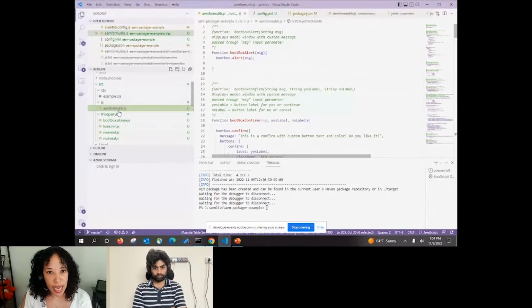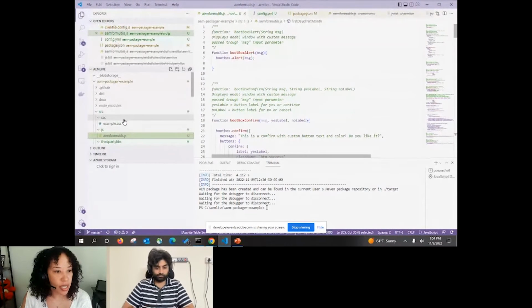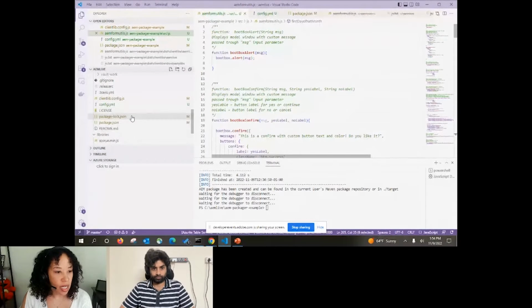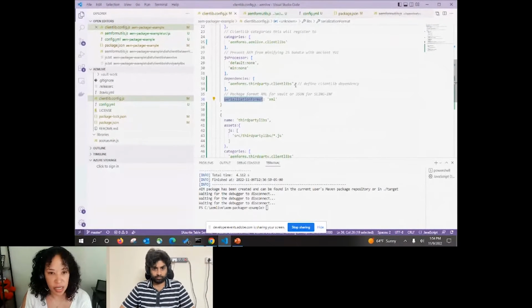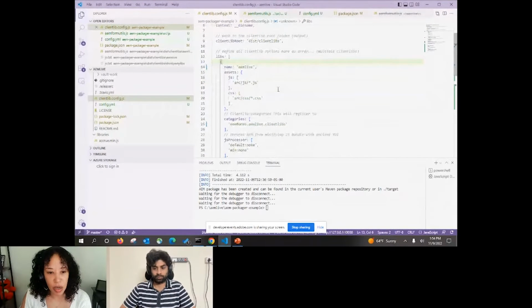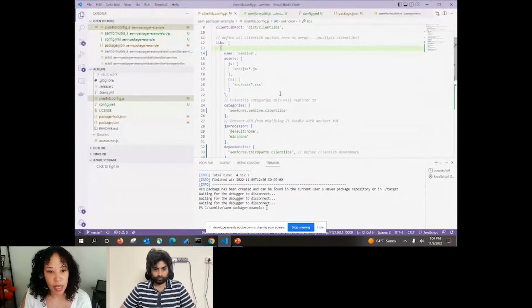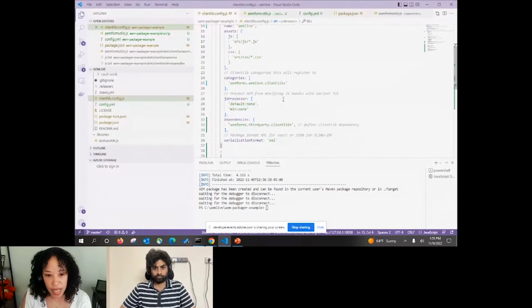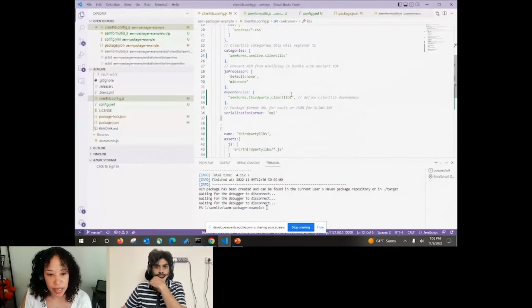And all you really have to do when you're setting up this project is a simple configuration. So we have a clientlib config.js file. And what that does is, here we're defining where we want that client lib generated in that dist/clientlibs folder. And here in this libs node, we're defining our client lib. We're telling it that the JavaScript files are located in our source js folder. Our CSS files are in our source css folder. And we're defining the category for that client library. And we're also defining a dependency.